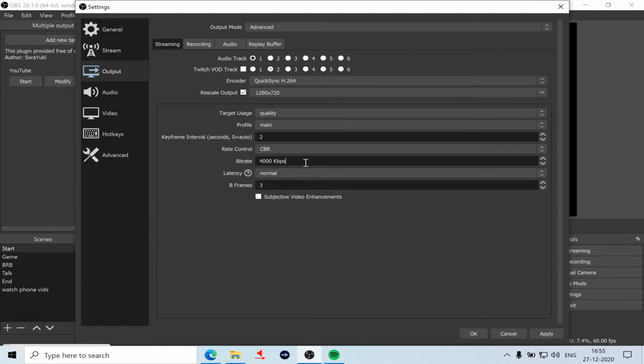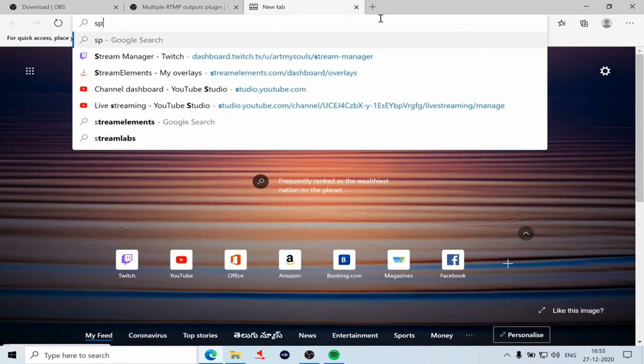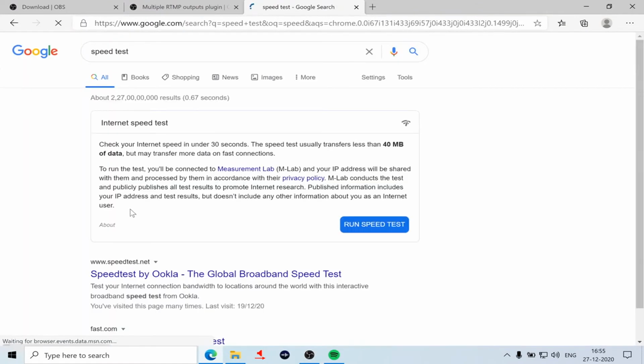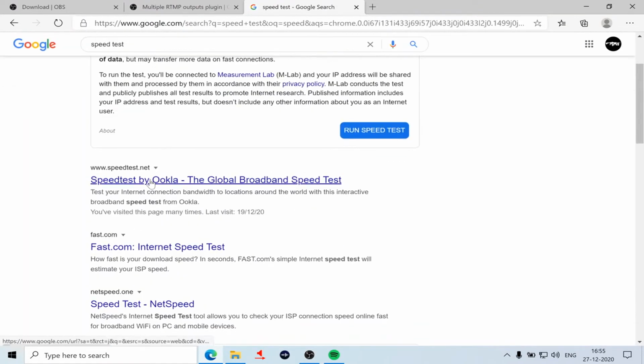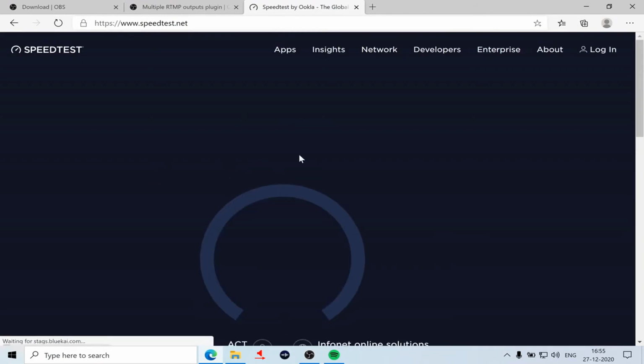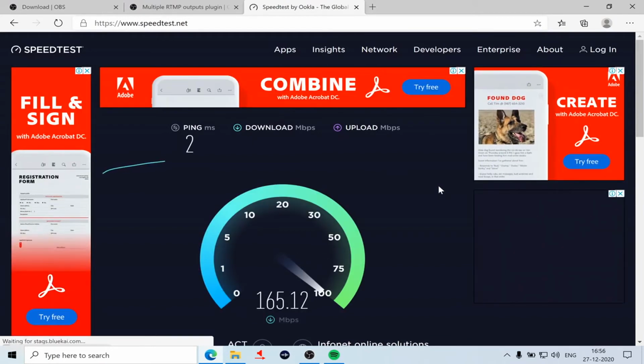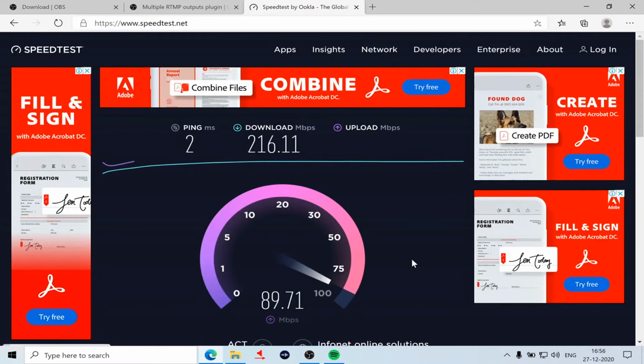How do you check the bitrate? You go to a speed test. I only take the speed test by Ookla. It's more accurate, is what I have understood. The download speed is something that does not matter a lot. What matters is the upload speed. So that's what we're looking for. I do not have a lot of jitter, as you see here. So right now I'll go with the 119 Mbps speed. So that's what we need.